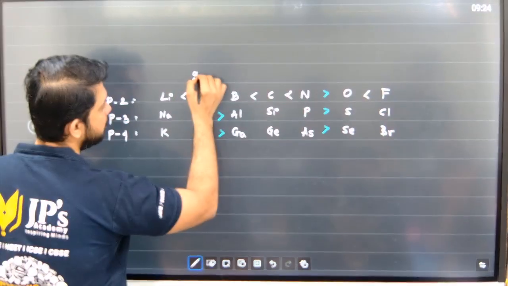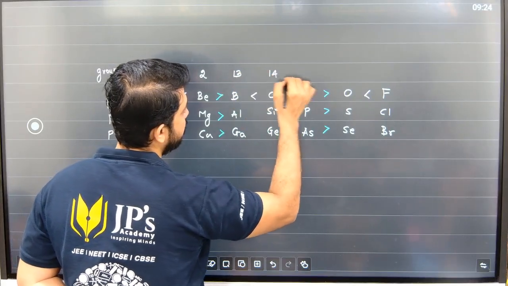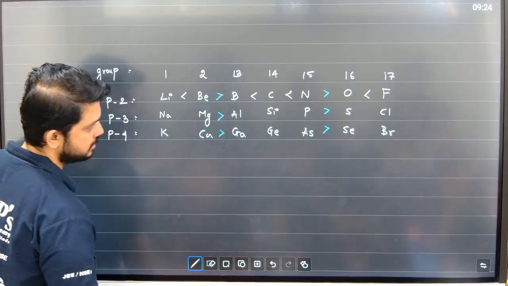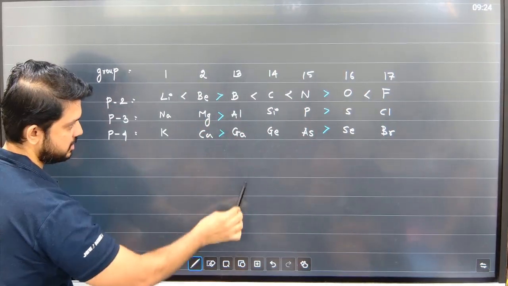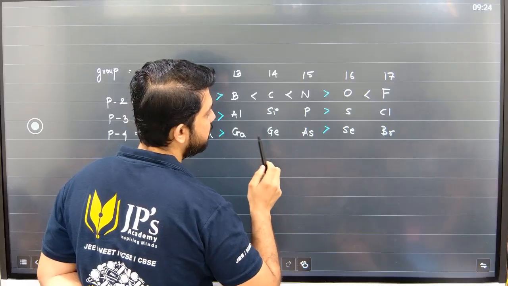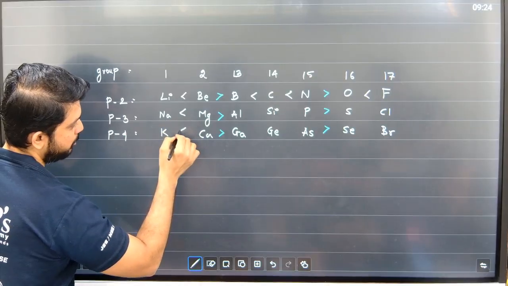ग्रुप, यहाँ पे मैं लिख देता हूँ ग्रुप 2, ग्रुप 3, ग्रुप 1, ग्रुप 13, 14, 15, 16, 17, 18 पे तो आ ही नहीं रहे बिकॉज वो नोबल गैसेस हैं। So elements of group 2 have higher ionization enthalpy than elements of group 13, and elements of group 15 have higher ionization enthalpy than elements of group 16. यहाँ पे periodic property change हो जाती है।